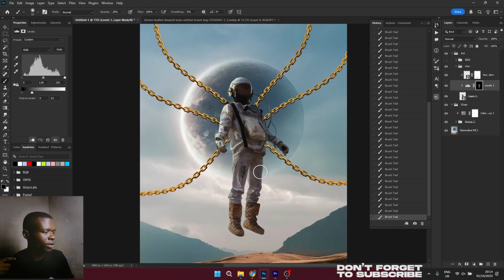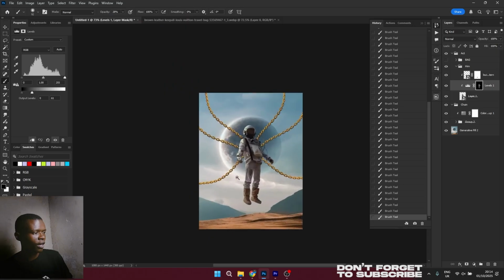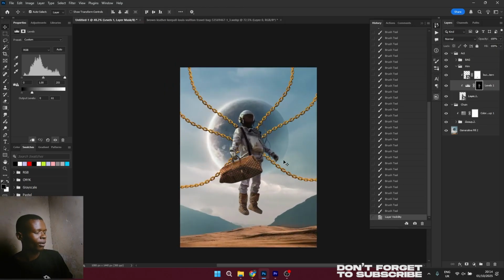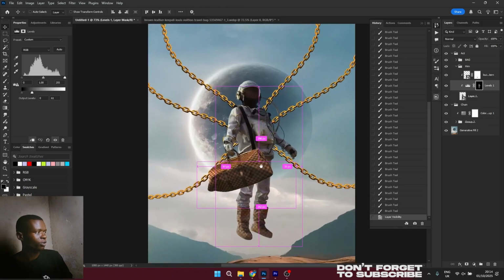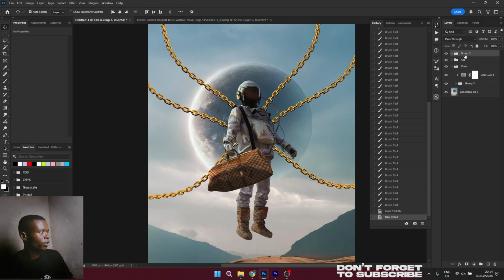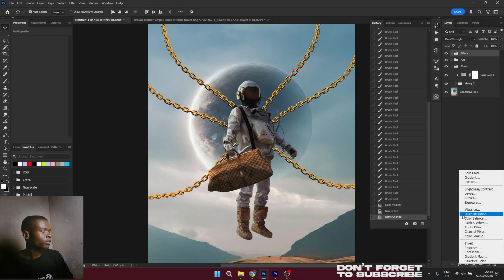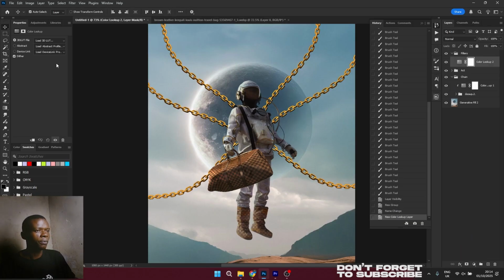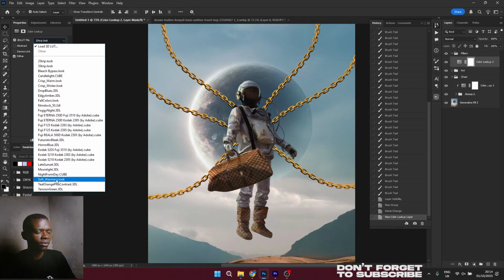Just make them randomly until they make sense according to you, but we're still going to touch them again. For now, let's firstly balance up everything before we rush to conclusions. Everything here is not done yet. So we open up a new group and call it filters. Inside filters we are going to play around firstly with